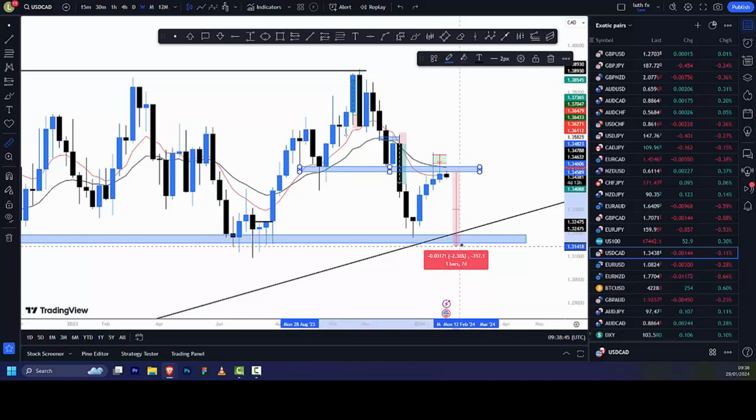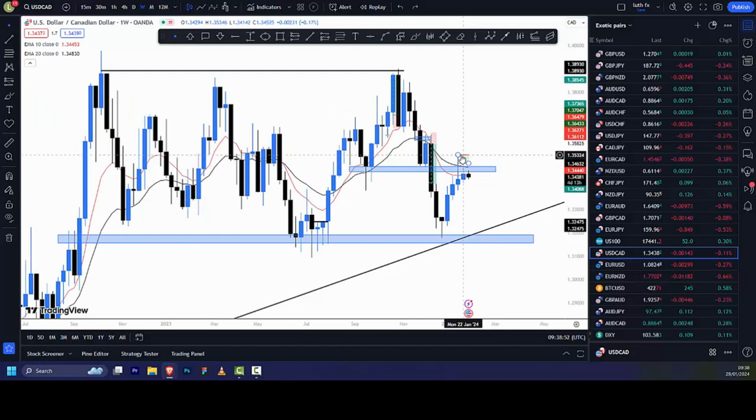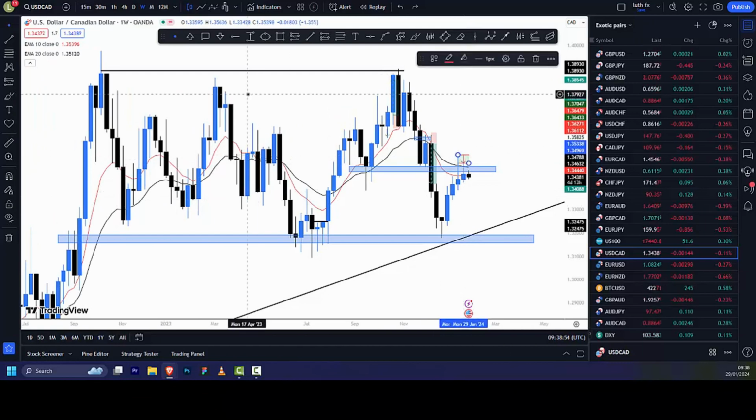So that's going to be almost 310 pips, which is going to be a huge trade for us to catch, right? Now, one last thing I would like to see on the